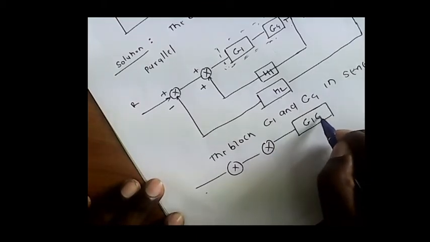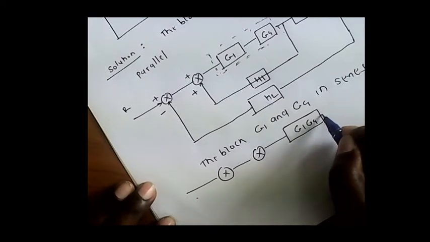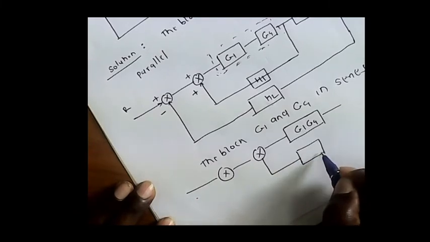So G1 into G4, H1, this is the first feedback, a positive feedback,